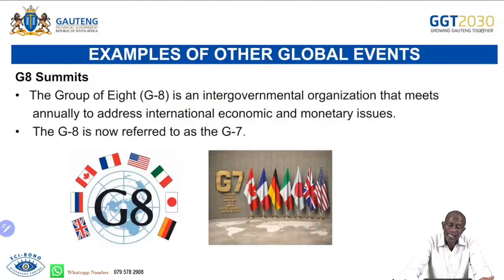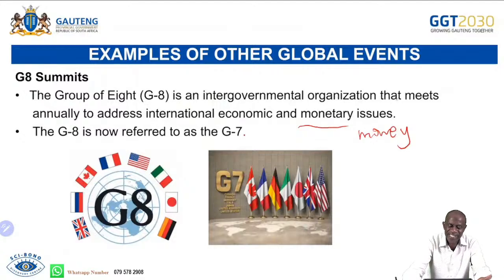Examples of other global events: it's the G8 summit, which we referred to in the introduction. The G8 summit refers to the group of 8 countries or 8 intergovernmental organizations that meet annually to address international economic and monetary issues. Monetary issues refers to money